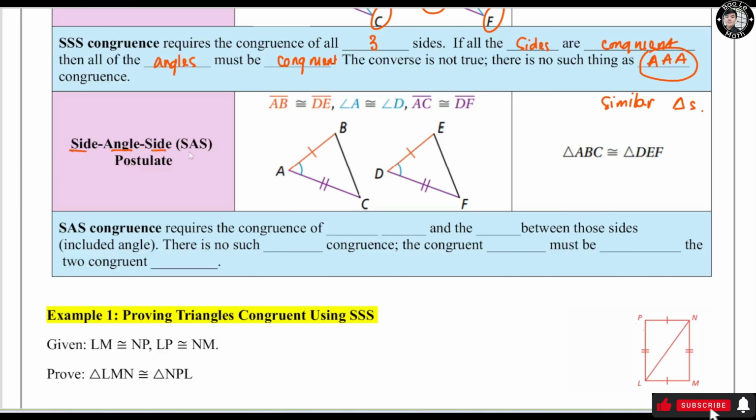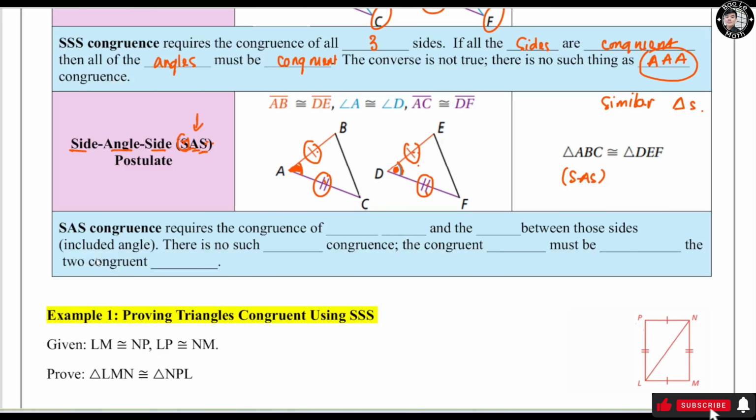Side-angle-side, SAS. If triangle ABC and triangle DEF have side length AB congruent to DE, AC congruent to DF, and angle A right here congruent to angle D. Note that angle A is between two side lengths right here, right? Angle D is between two side lengths right here, right? That's why we call it SAS. The angle must be between two side lengths, right? Keep that in mind. Then the two triangles are congruent by SAS,